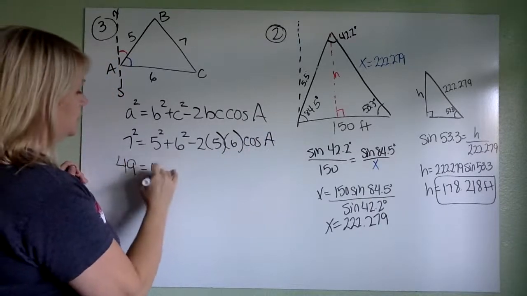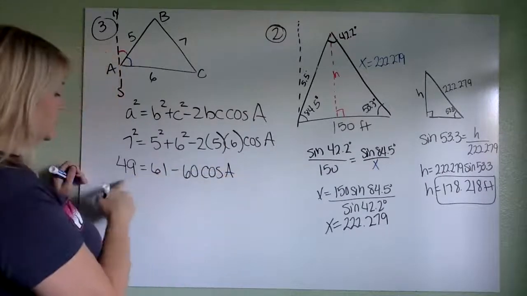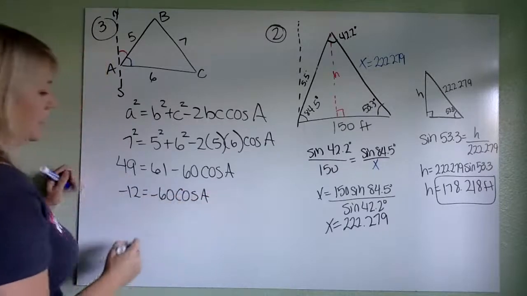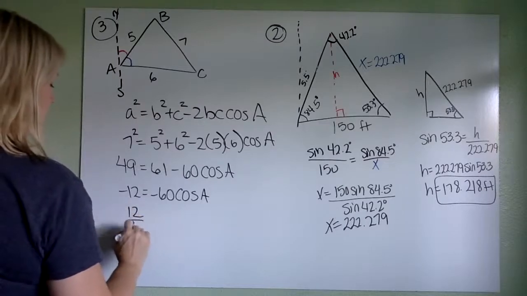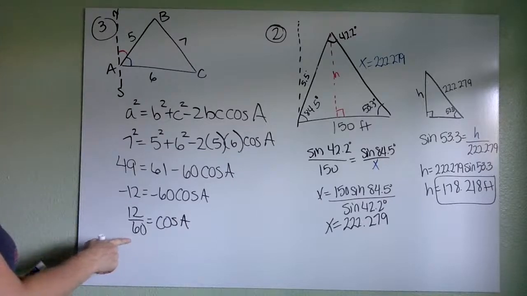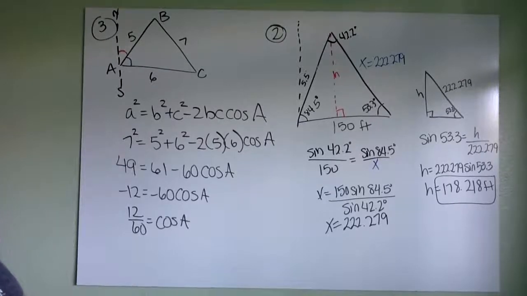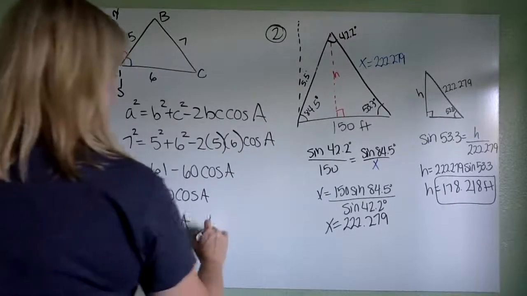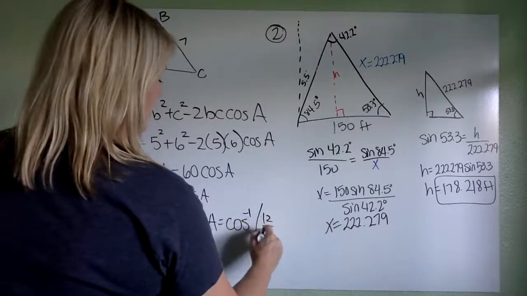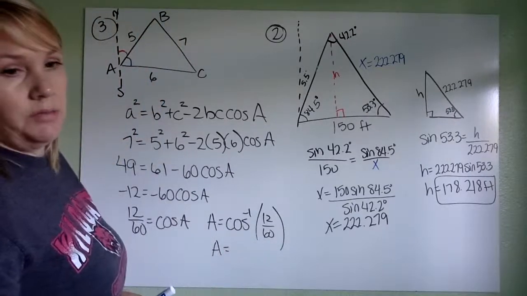5 squared plus 6 squared is 61. 2 times 5 times 6 is 60. Subtracting the 61, we get negative 12. And then dividing by the 60, this 12/60ths is just the decimal 0.2. So to find angle A, we would do the inverse cosine. And you could just type in the 0.2 here, or you could type in the 12/60ths. It doesn't matter, whichever you prefer. We get that angle A is